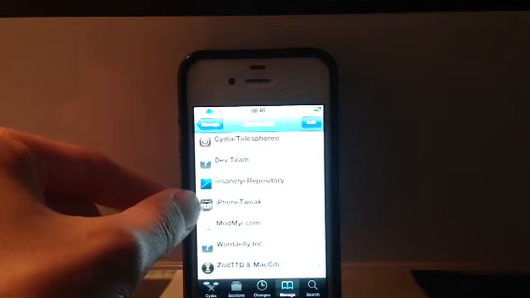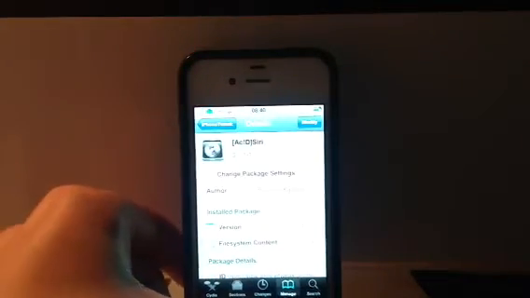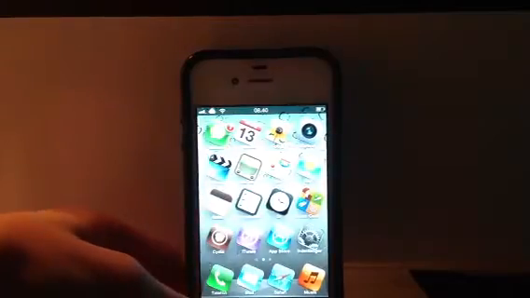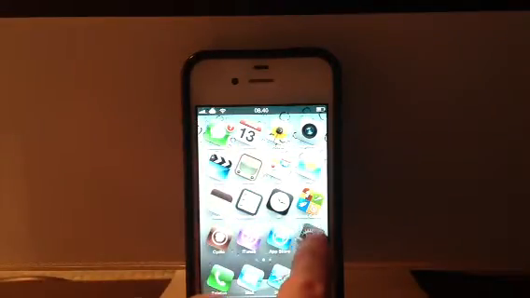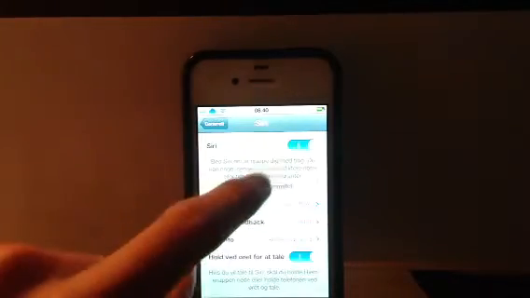Here. There. I have the source in the description down below. You're gonna go to this and download this. After that, you must respring your device, and after that, you go to Settings, General, Siri, enable it, reboot